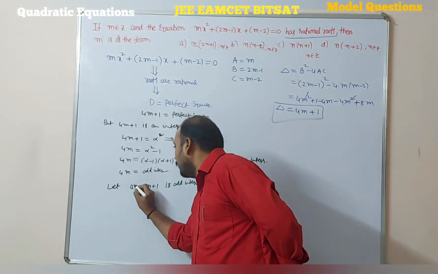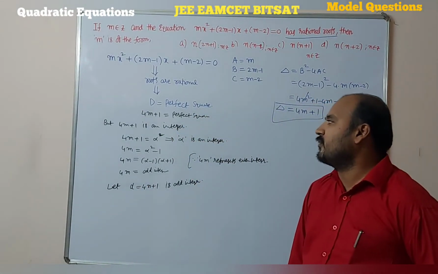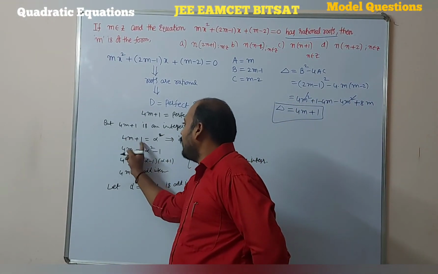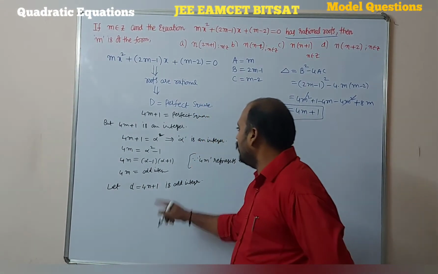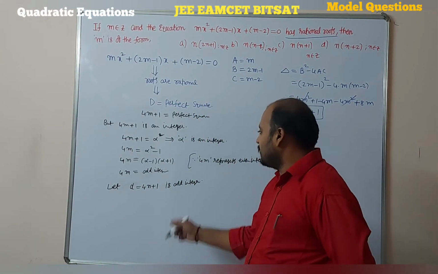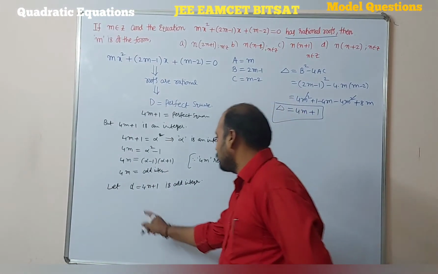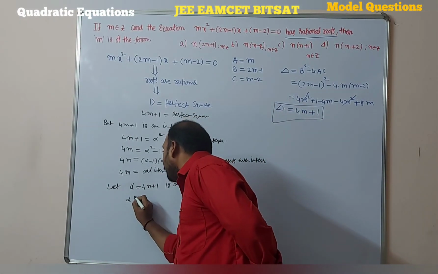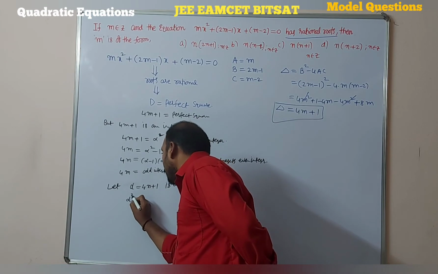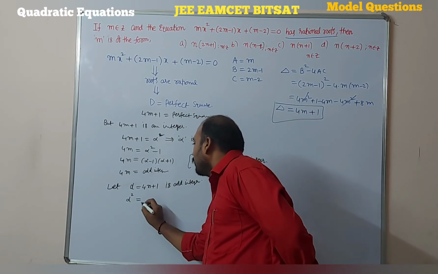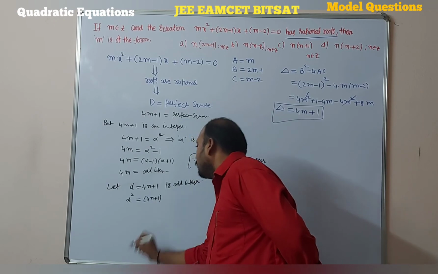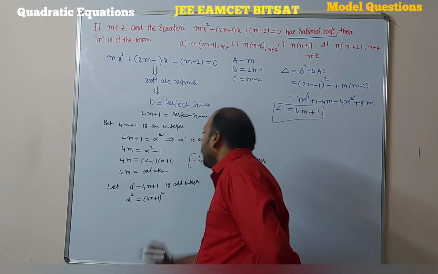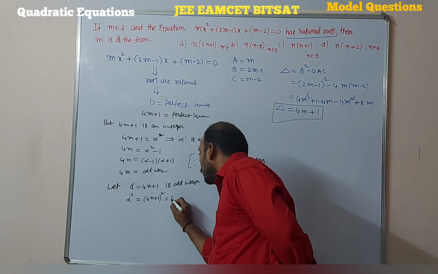Not a, the alpha value. Alpha square is 4m plus 1. Alpha value is 4n plus 1. Alpha is an integer, so here we decided that it is an odd integer. So alpha is equal to 4n plus 1. Alpha square is equal to 4n plus 1 whole square. That is equal to